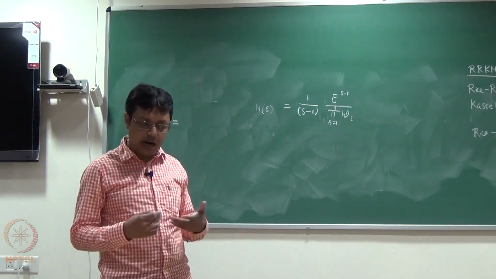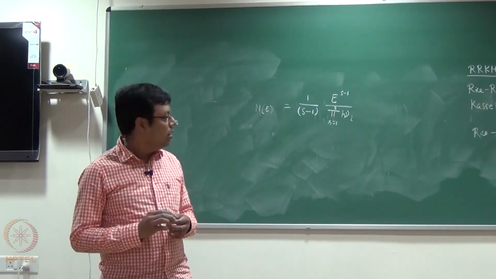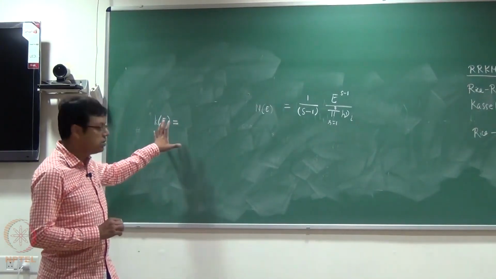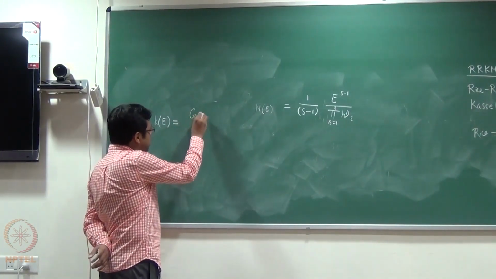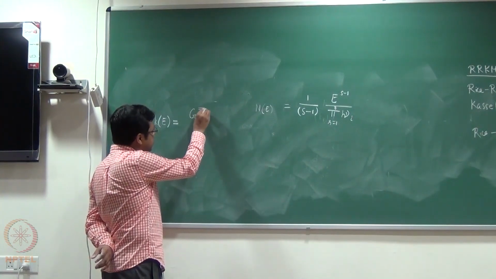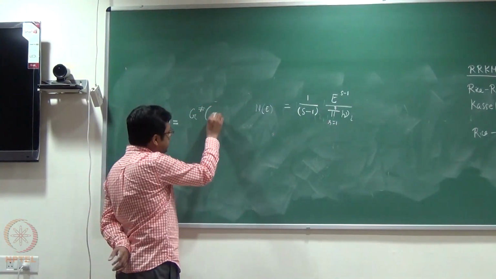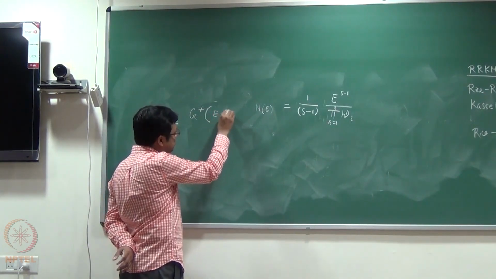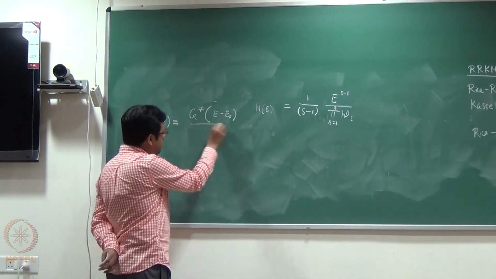In the RRK model, you do it. Once you do it, you can show that this rate constant will be nothing but the number of states which are lying above E0, divided by